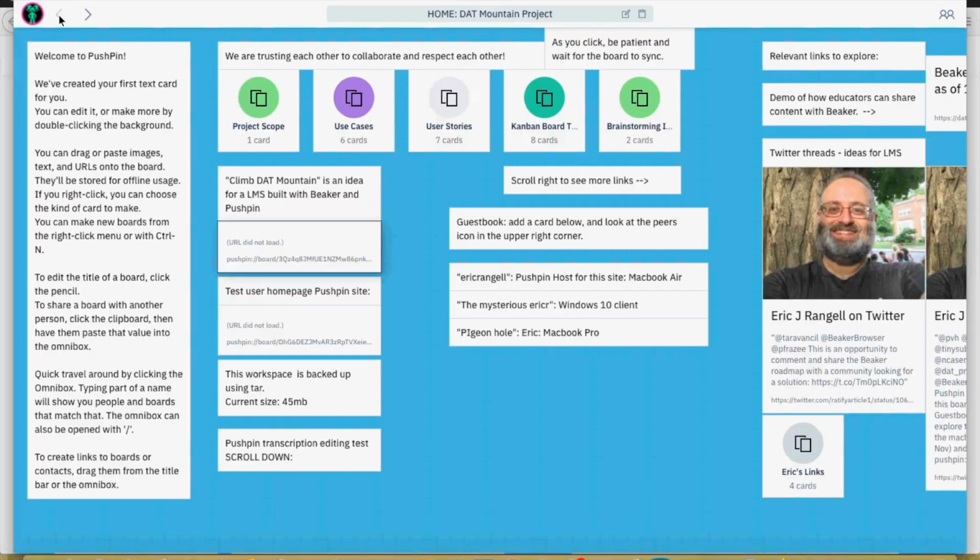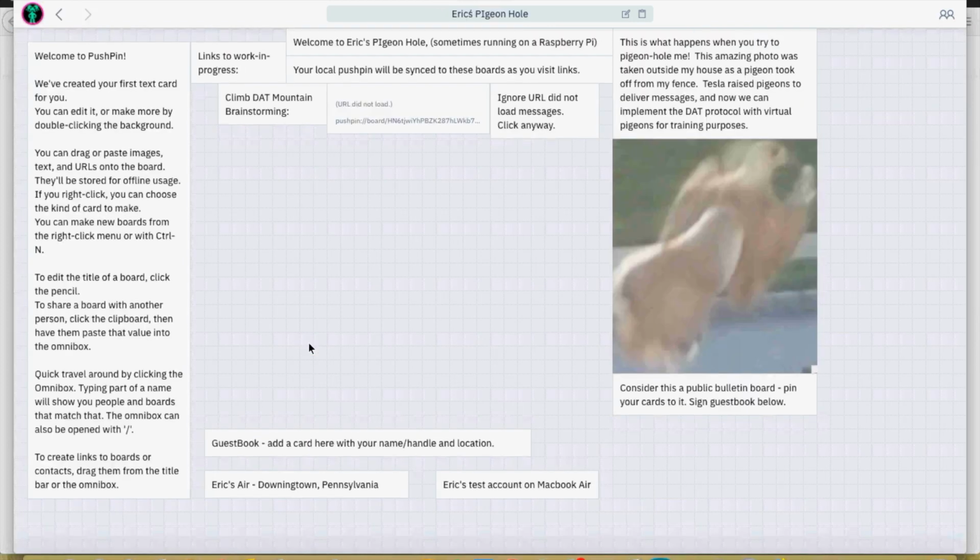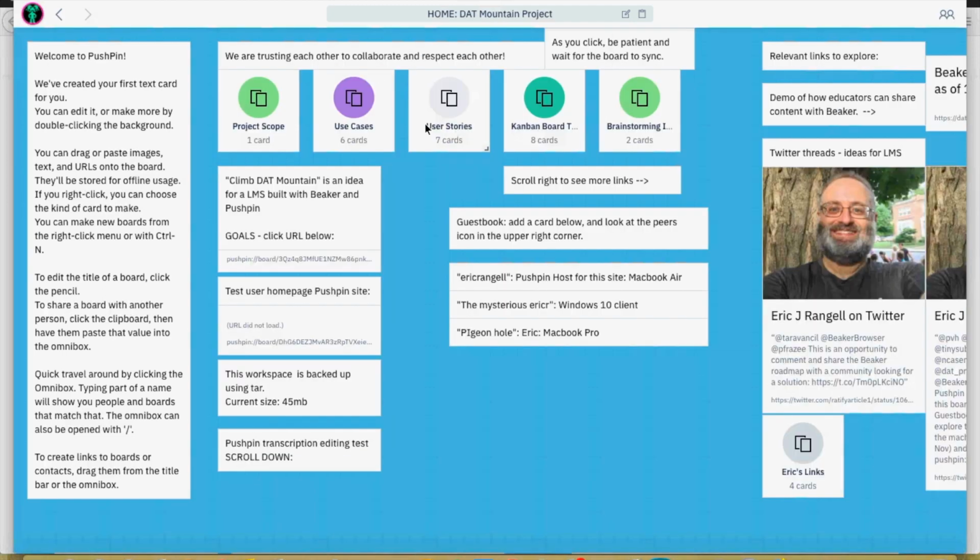Okay, so now what's nice, I could go right back here. And now, if you think of a student, each user can have their own home page. So here's a sample page that I created for myself. I called it Eric's Pigeonhole, because sometimes I use Raspberry Pis to connect to these applications. And I can have URLs in my board, like that's a link back here. Okay, so